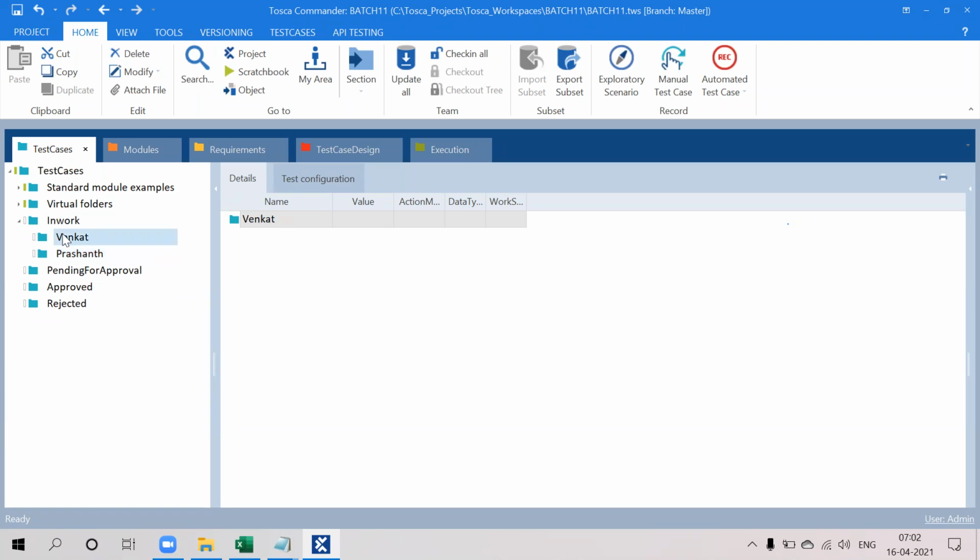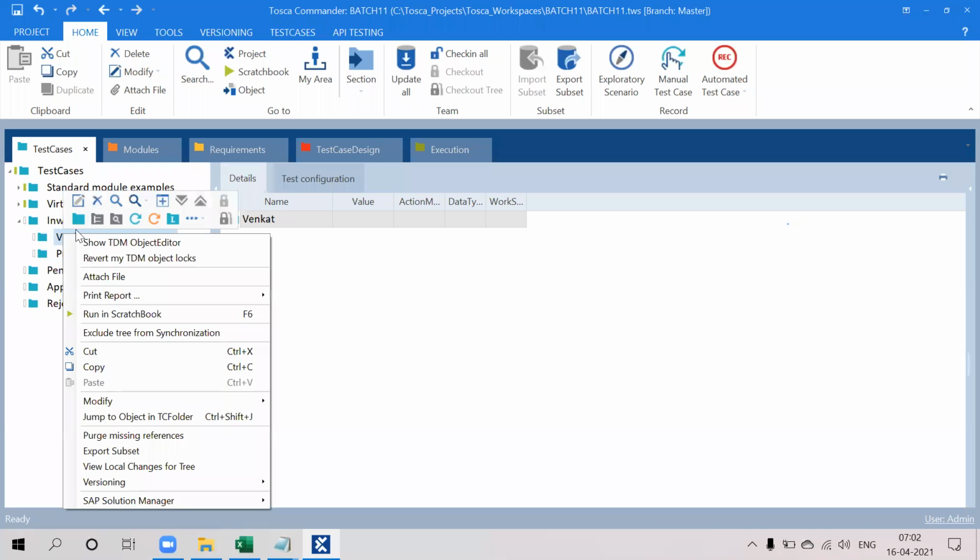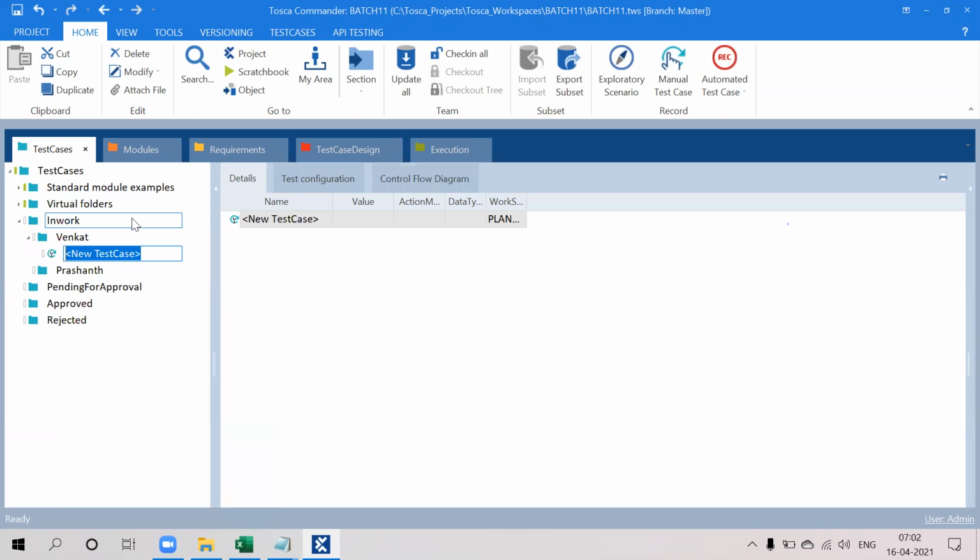So if you are going to work on your task, you can create a test case under that. Okay, my test case is like demo web shop.